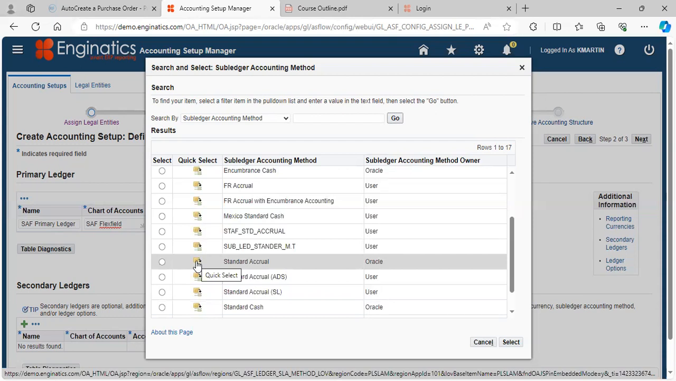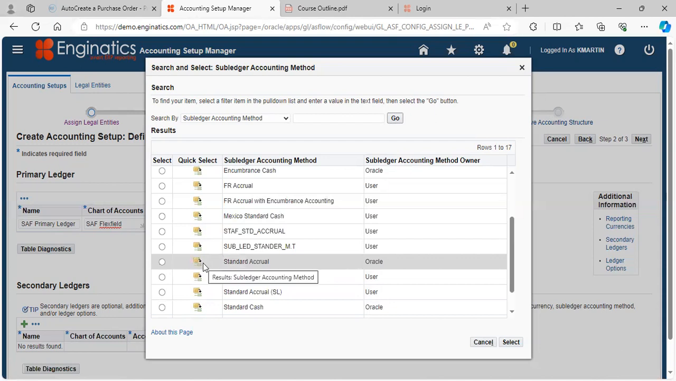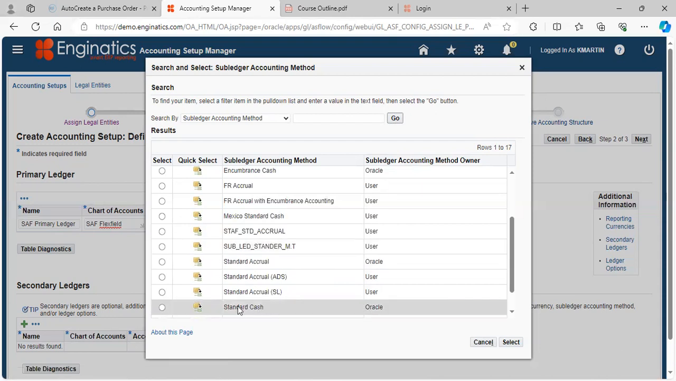So for best practices, we usually use the standard, because you'll find not many organizations will go for cash. Okay, and also you'll find others are a bit